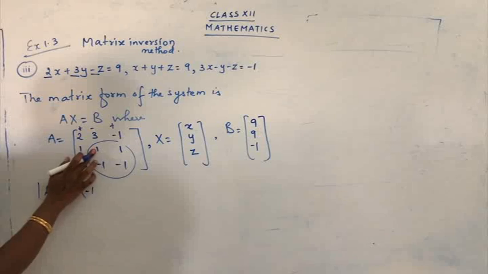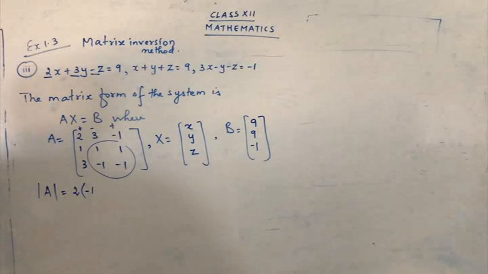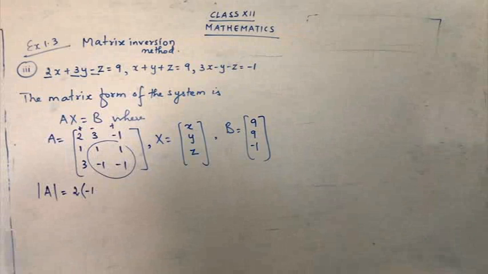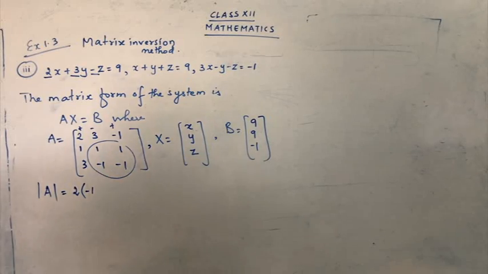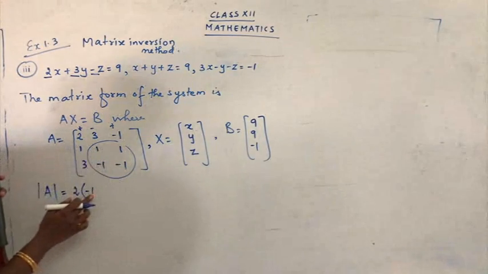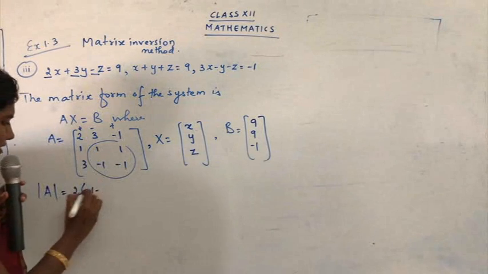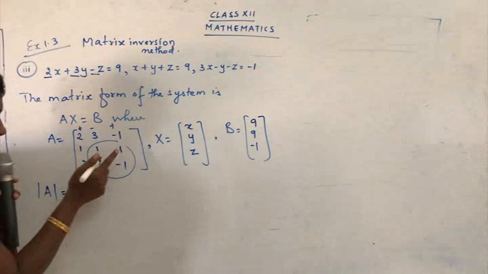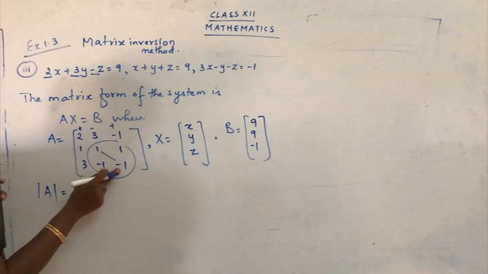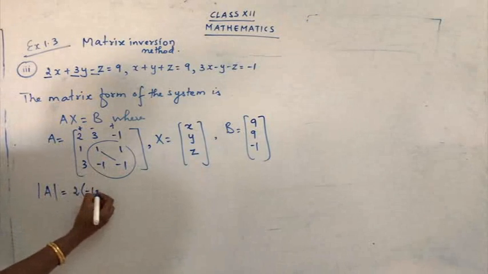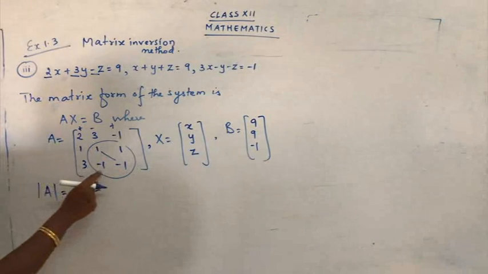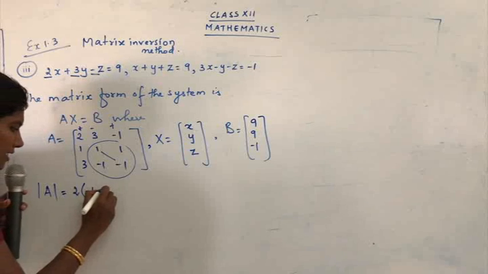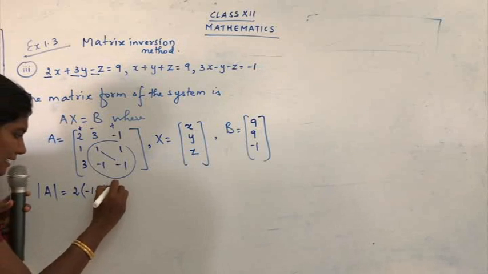Remember, go very carefully, do not miss any signs, do not miss any numbers. If the first step itself is wrong, everything will go wrong. So be careful. Follow your steps properly, children. So it's 1 into minus 1. What is the main sign to be used? Minus, done. Minus 1 into 1, it's again minus 1. So what you do is, write the answer in brackets.